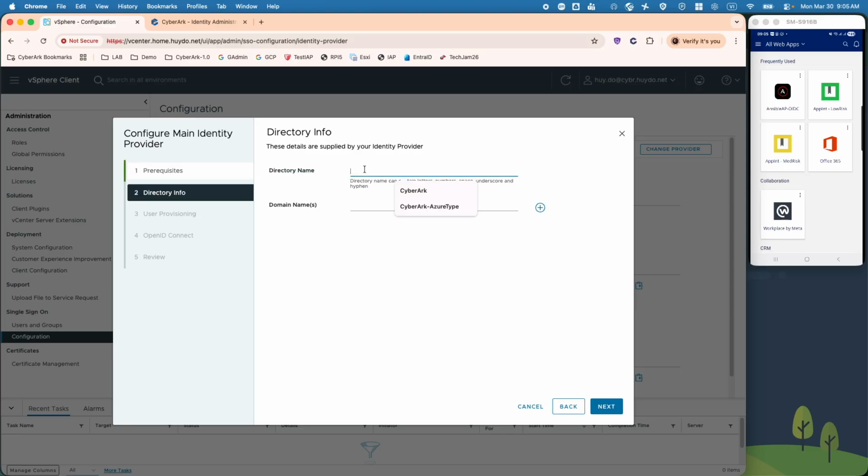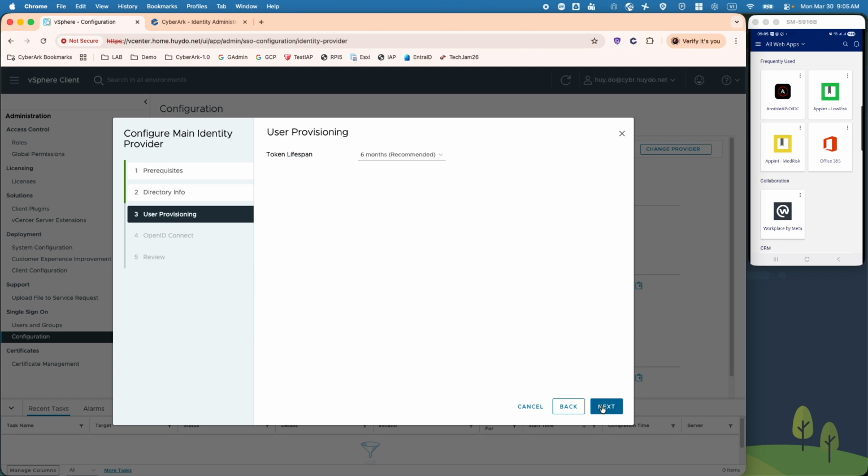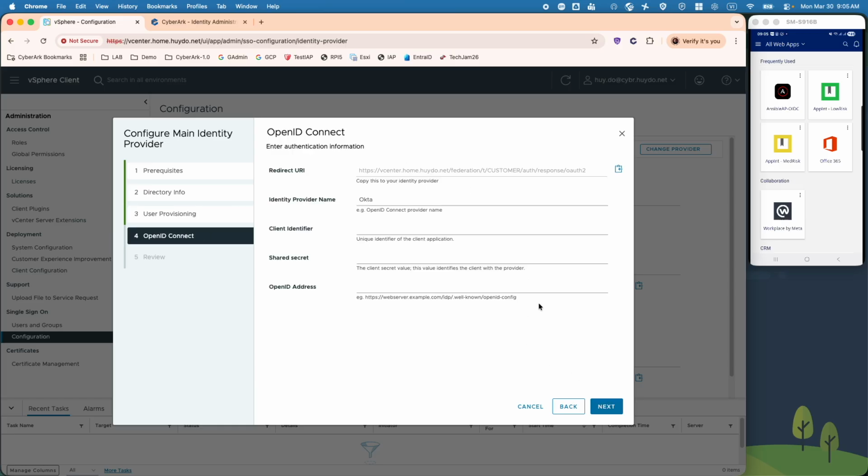After that, you put a name for the directory, for example CyberArk, and the domain name that you want to configure for your users. For example, in my case it will be cyber.hido.net, right? Click on add, click next, and you choose the lifespan for the token. By default it is 6 months. Click on next, and now you need to put all of the configuration from the CyberArk Identity page to here,